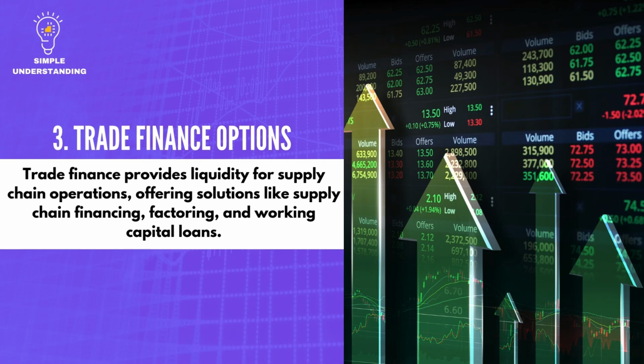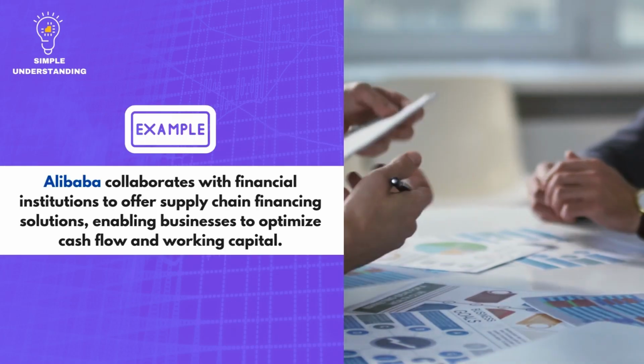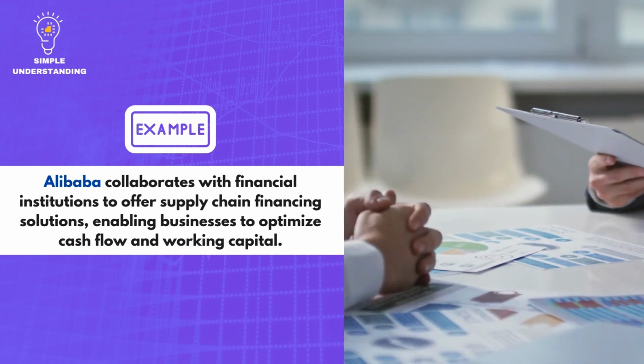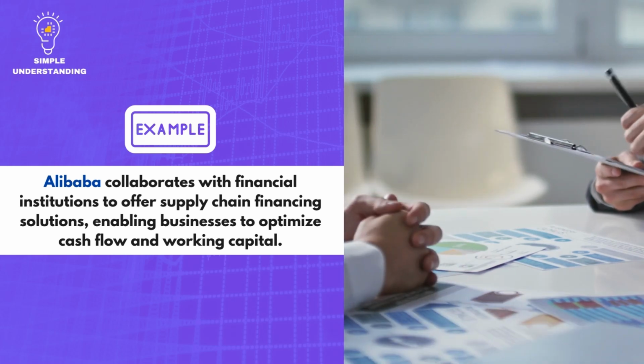3. Trade finance options. Explanation: trade finance provides liquidity for supply chain operations, offering solutions like supply chain financing, factoring, and working capital loans. Real company example: Alibaba collaborates with financial institutions to offer supply chain financing solutions, enabling businesses to optimize cash flow